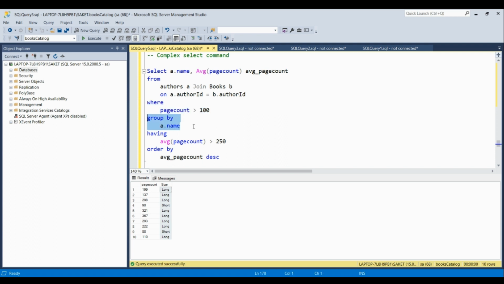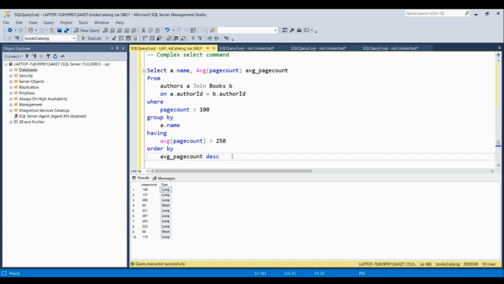Okay, now we want to group that data that we are getting by a dot name, and we only want those in which the average page count is more than 250, and the overall data should be arranged by average page count in descending order.